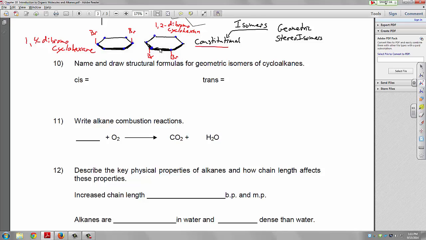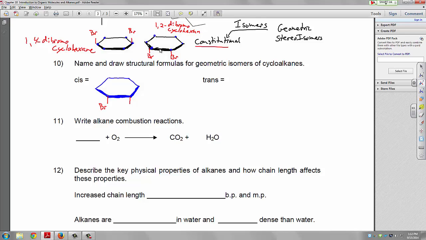1,2-dibromo cyclohexane again. But the thing about cyclo compounds is once you form a ring, the molecule loses this rotational freedom it has about carbon-carbon single bonds. And if you remember when we were talking about finding the longest continuous chain and how you can go around corners, those molecules can kind of kink up and twist and whatnot, and that's based upon this rotation about carbon-carbon single bonds. But when you put them in a